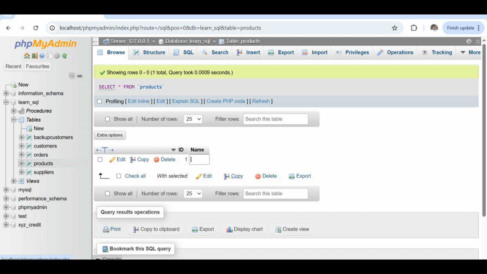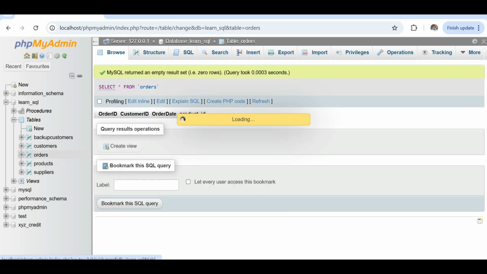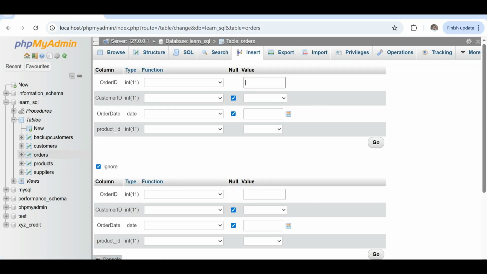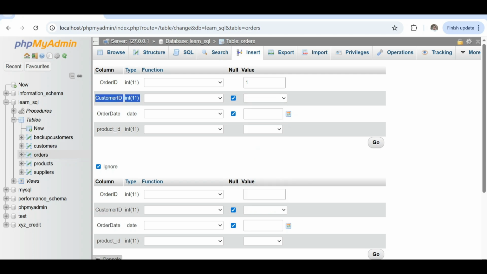Okay, maybe I will add product 1, and I will insert a new order ID. Another foreign key that we have is the customer ID column. It's related to the customer table.